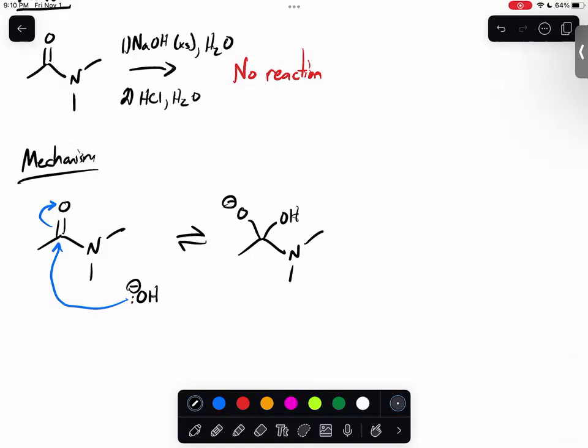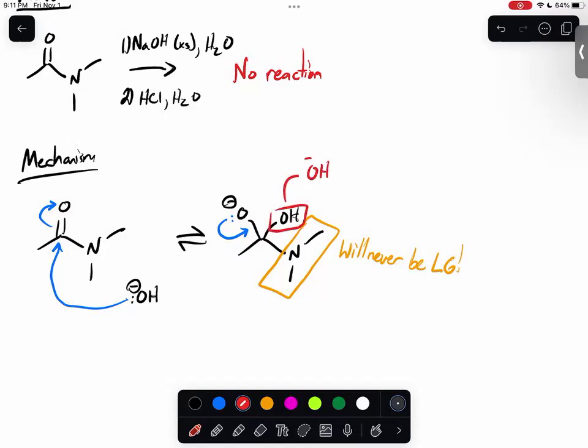Because if these electrons were to come back down and form a double bond, the question becomes, what is the leaving group? And the thing is, if you think about this nitrogen right here, it will never be the leaving group, right? Because the OH that we have right here will be kicked out as an O minus, versus what would be the N minus. So in terms of energy, this oxygen will always be favored